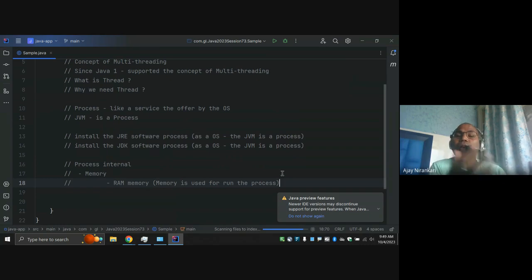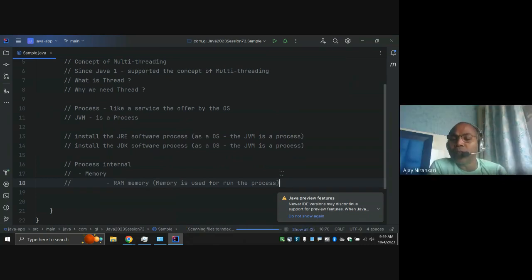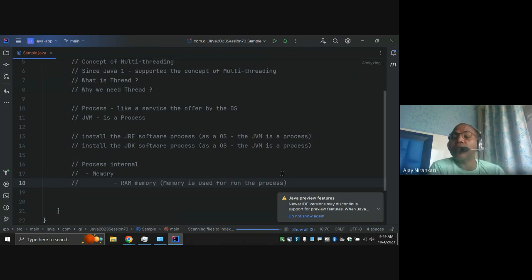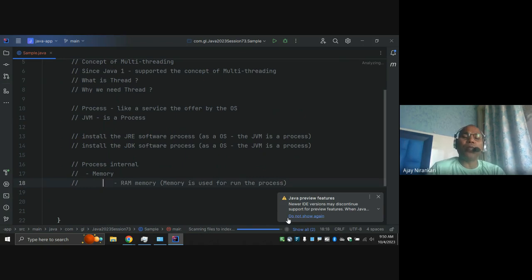One is for running the application, and one is just for storing the application data, where the software is installed. That is known as primary memory and secondary memory.